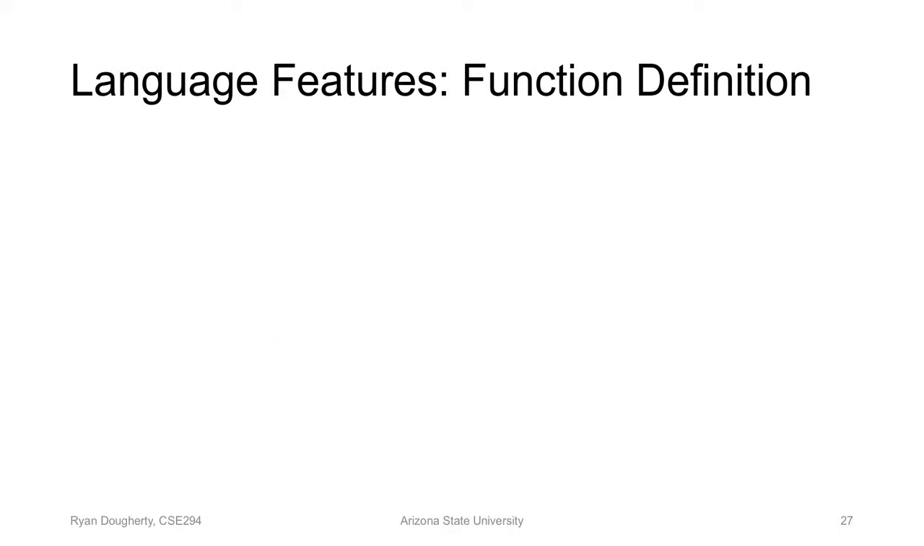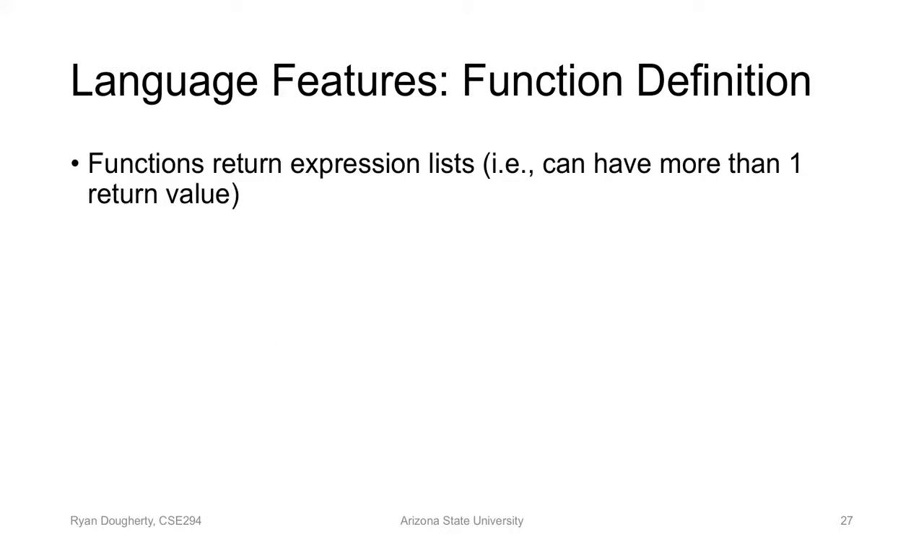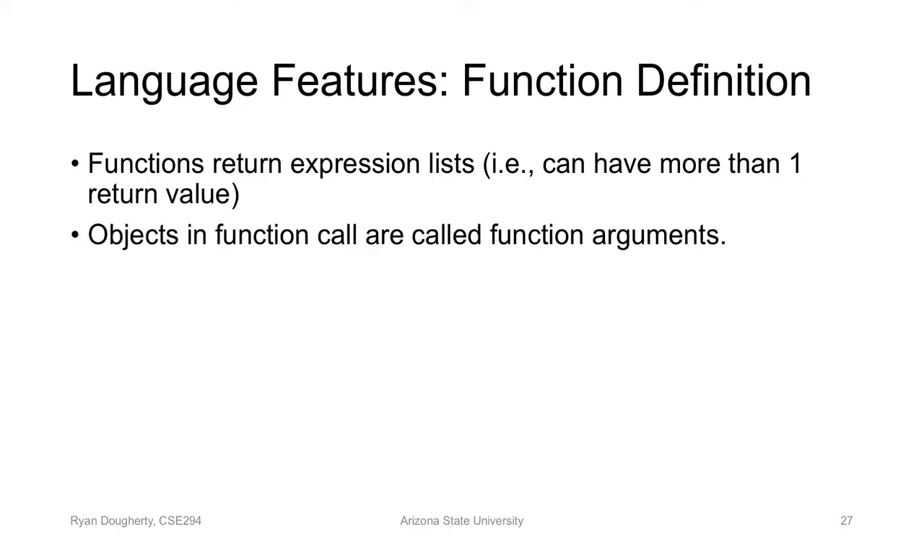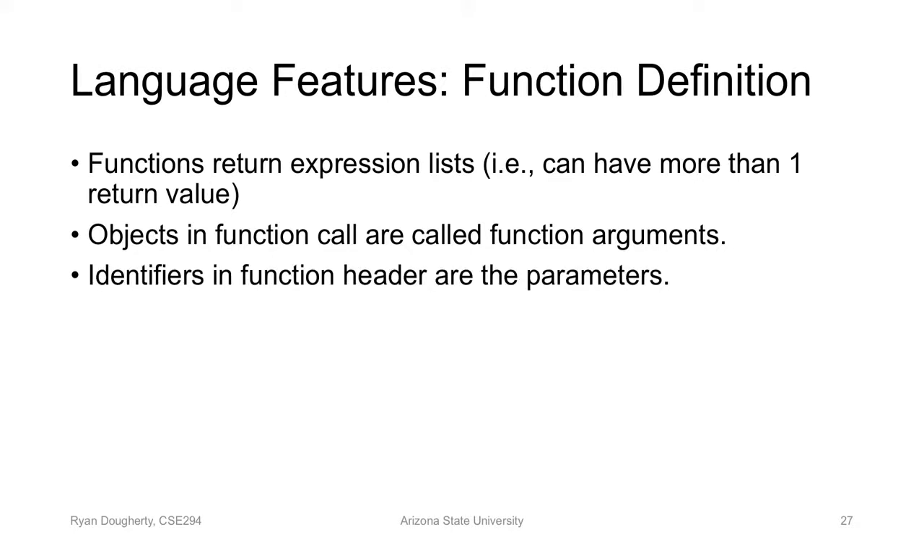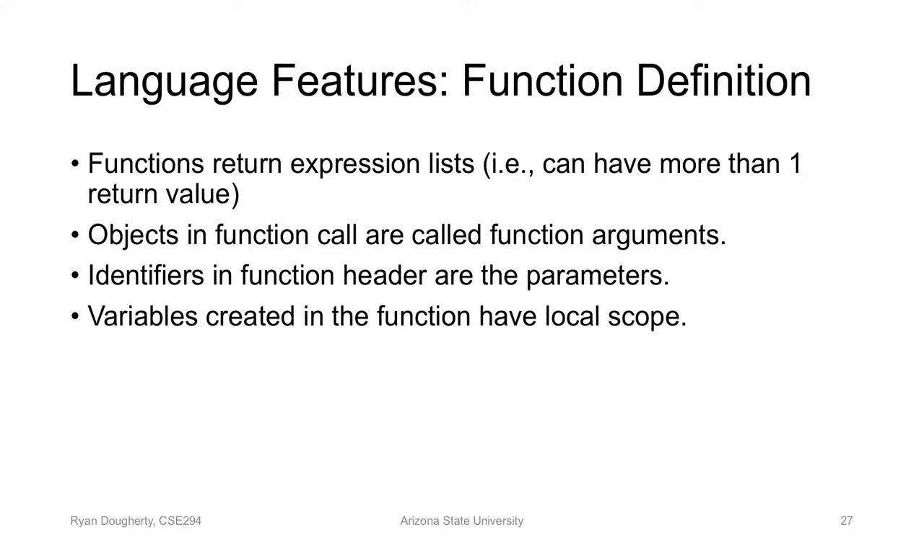Okay. Function definitions can return expression lists, so we can return more than one value if we wanted to. The arguments of a function are obviously called function arguments, but that's just the actual name given to it. Identifiers in the function header are the parameters. Variables created in the function have local scope, so the variables that you create within a function can't be accessed outside the function. But